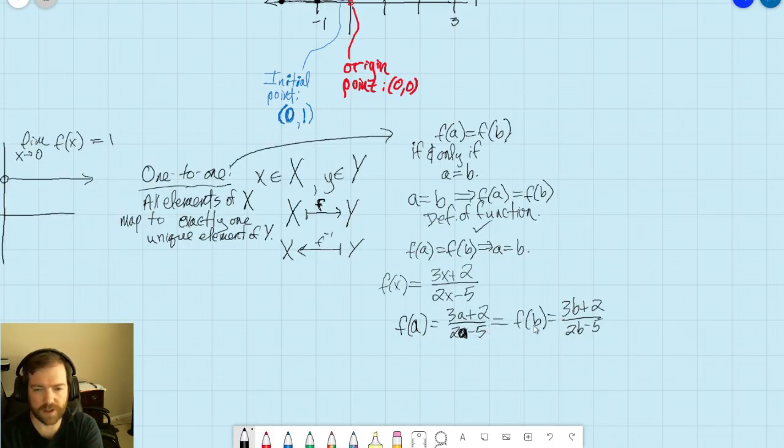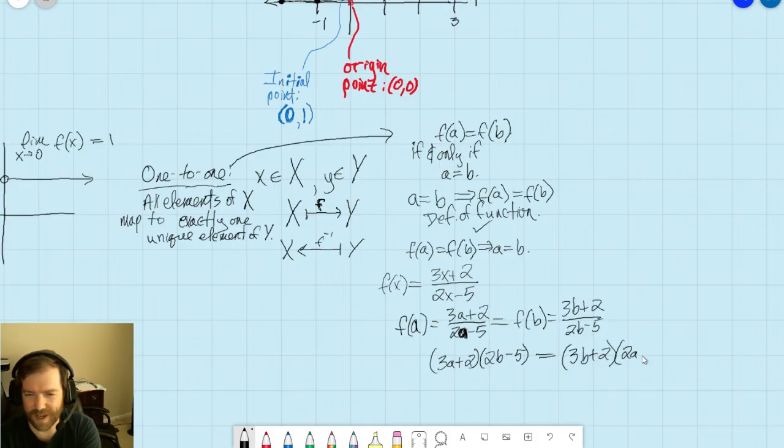So here we've got two functions that both have denominators, so we can multiply by the stuff in the denominators, your least common denominator, in order to get the stuff out. So this would end up being 3a plus 2 multiplied by 2b minus 5, equals 3b plus 2 multiplied by 2a minus 5. If I hear any one of you say cross multiplication, I swear,